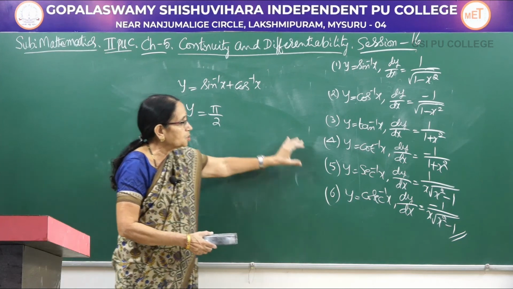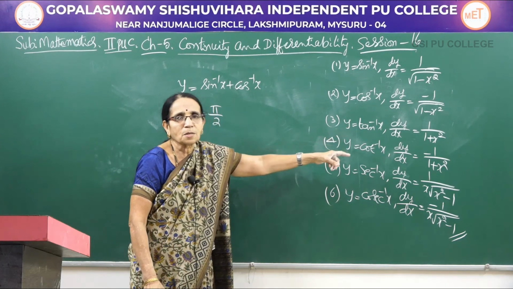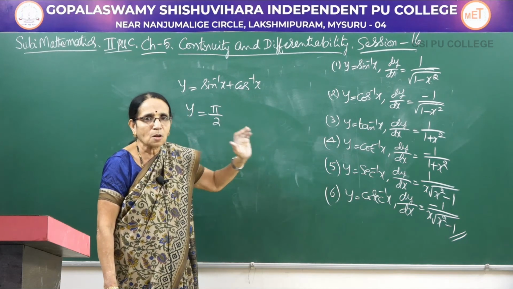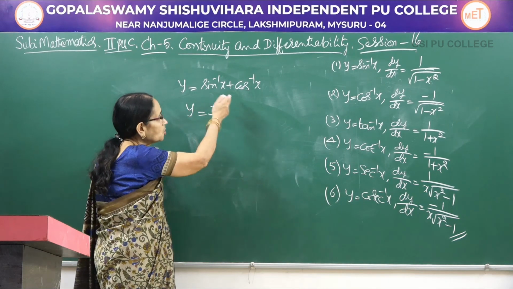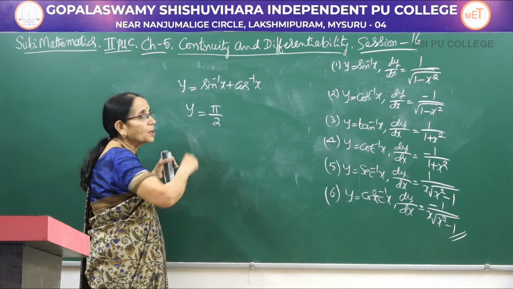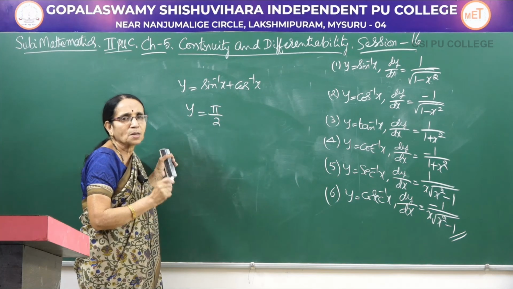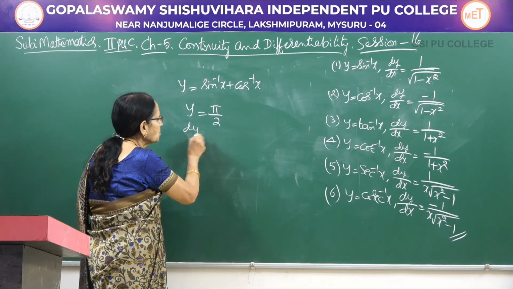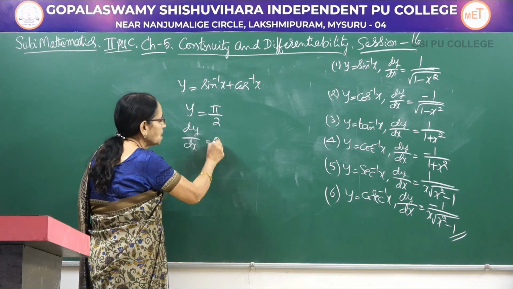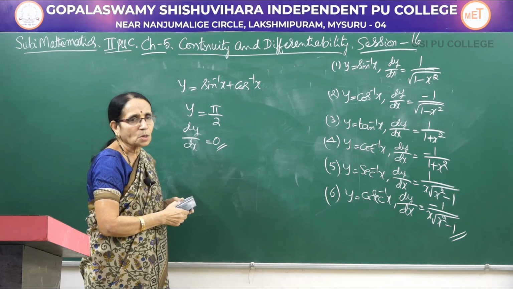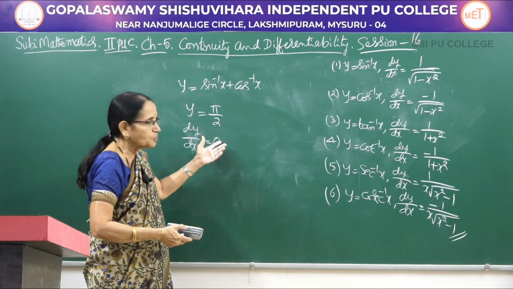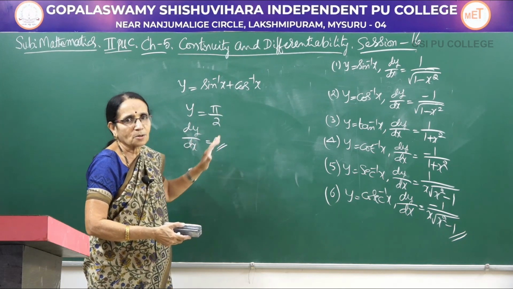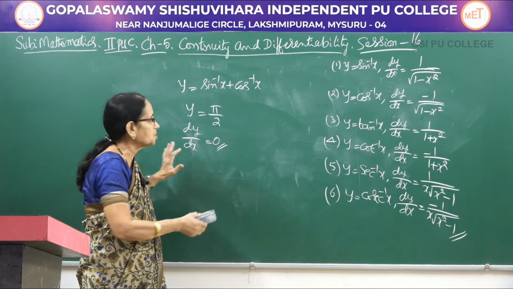Because if you take these two together, you observe one is positive, the other is negative. So when you differentiate, automatically they get cancelled and you will always get 0. So if you use that particular property, y can be written as pi by 2. What is pi by 2? It means it is a constant. Therefore, when you differentiate, automatically it would be equal to 0. So like this, if you use the property, then differentiate, you get 0. Or if you directly differentiate also, you get the result to be equal to 0.